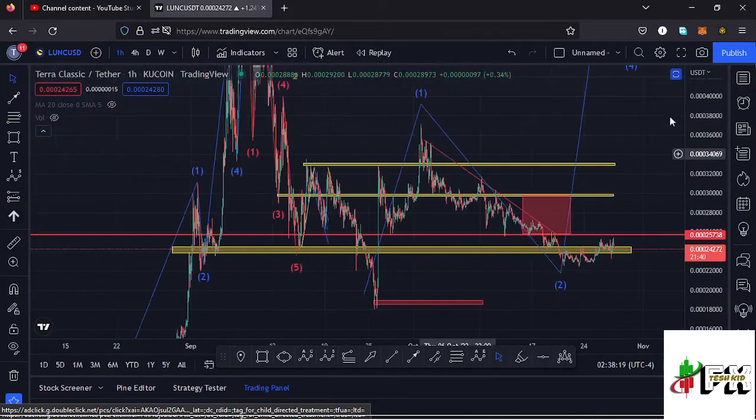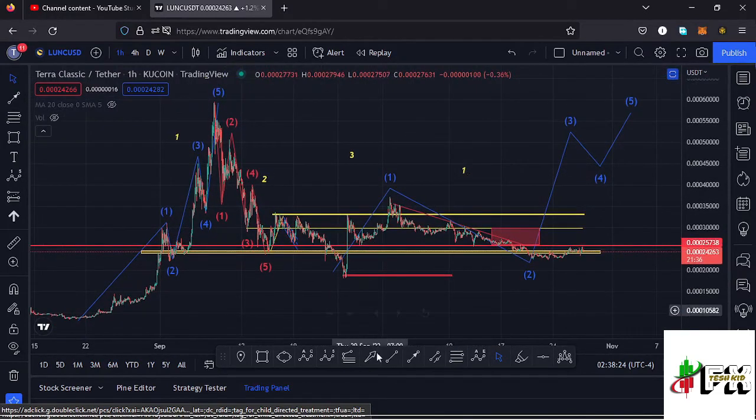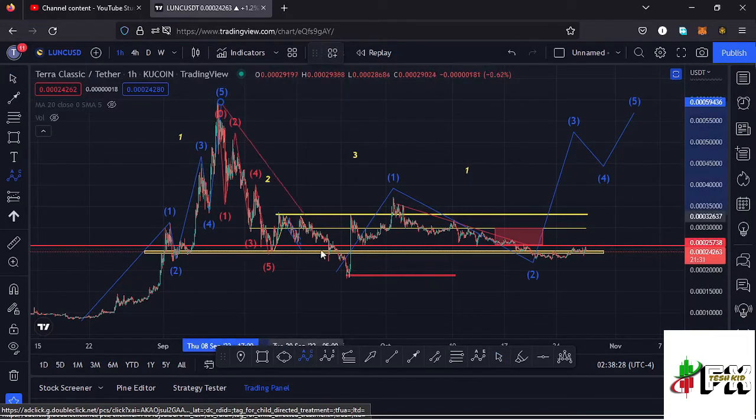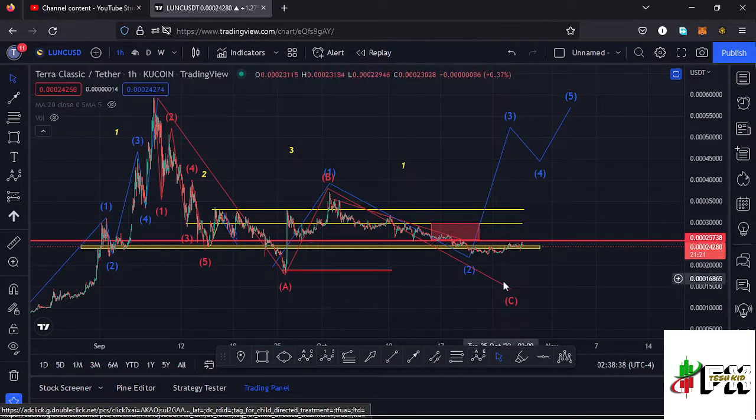And the only way we can view that movement to the lower side is just a massive ABC corrective movement. And in case that plays out, I'll have this as a massive ABC corrective movement, and the new low that we make, I'll term it as the low for that second wave, then start sketching out movements to the upper side in the formation of a wave 3. But since we have not yet lost that key area on the Fibonacci, this is still a valid wave 2,